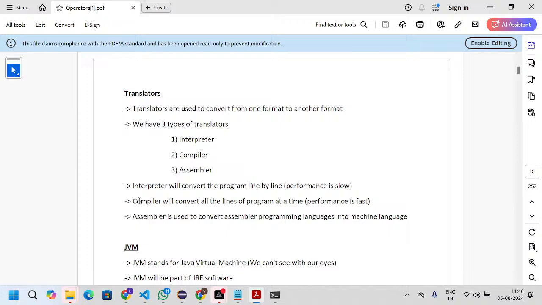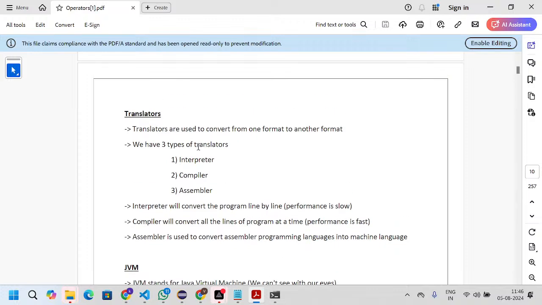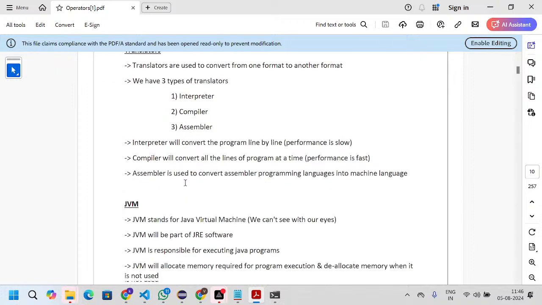Next we have the compiler. It compiles all the lines of the program at a time, so the performance is fast. The assembler is the old legacy one, which converts assembly language into machine language. Nowadays nobody is using assembly language. These are the three types of translators.